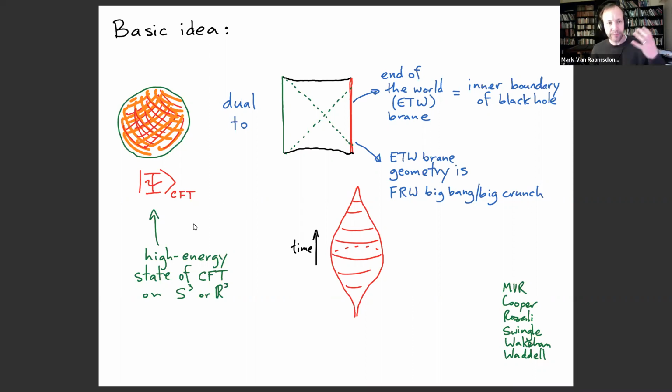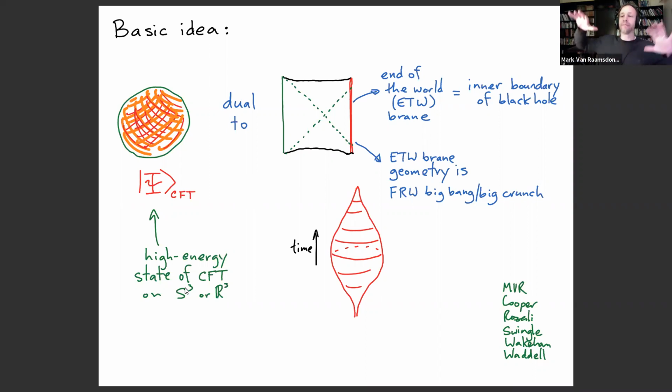Okay, so as you know, when we have the ordinary AdS/CFT correspondence, we have some conformal field theory on, let's say, a sphere. It could be R3. In order to describe this four-dimensional cosmology, I actually want to start with a four-dimensional field theory, so it's a little bit different from what we might think. I want to consider some particular high energy state of this CFT. The dual of this is going to be an asymptotically AdS spacetime, but it's a very high energy state, and so on the gravity side it is going to look like some kind of black hole geometry.